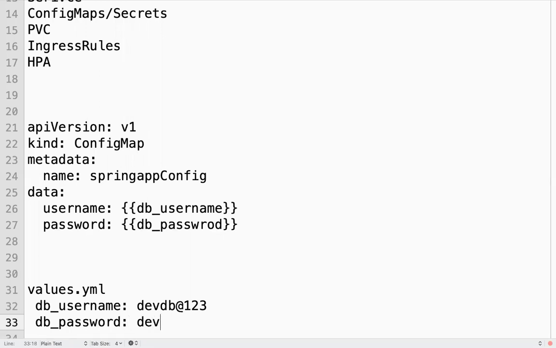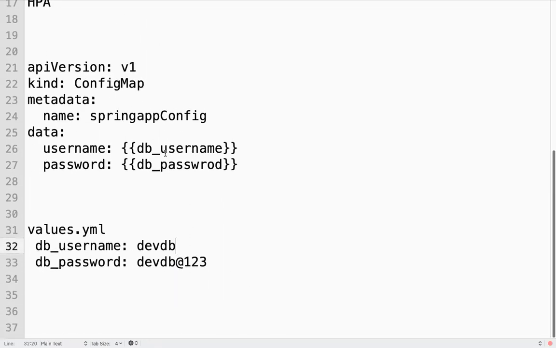So the values will be rendered into the Helm template from this values file. At runtime also I can customize. What is the meaning of runtime? Using Helm, I am installing this application, deploying this application in a Kubernetes cluster. At runtime also I can change these values without touching the Kubernetes templates.